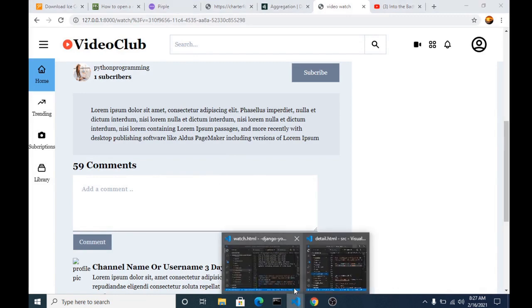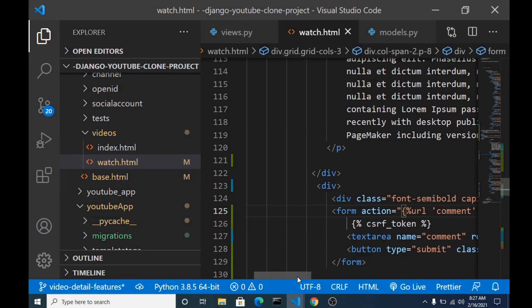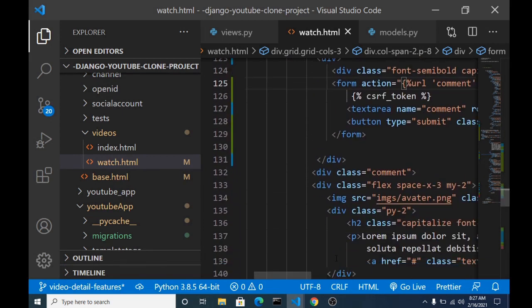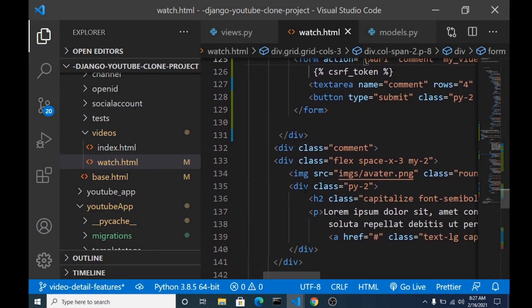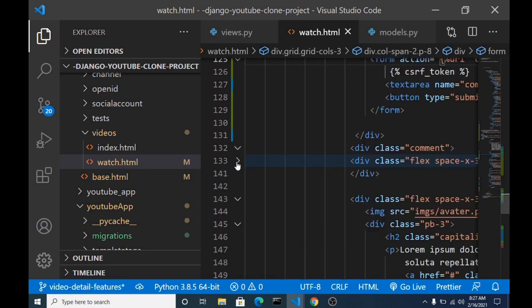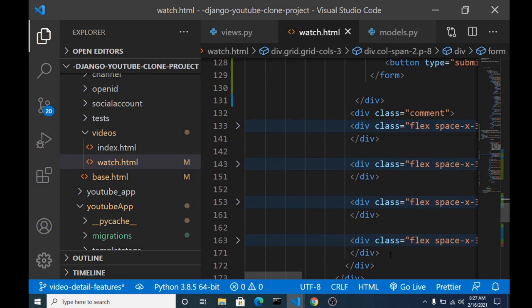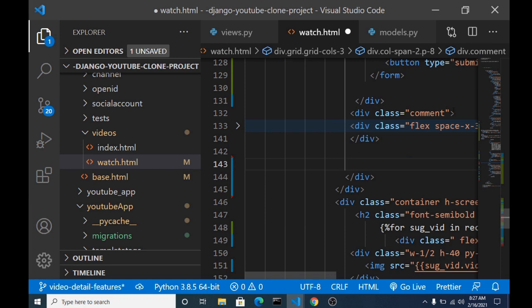And lastly, we are going to display the comments of each of the users, where we have display comments here. This is where we are going to display comments. So let's just do that now, so we can test all at once. We can take out these three and just use this one.